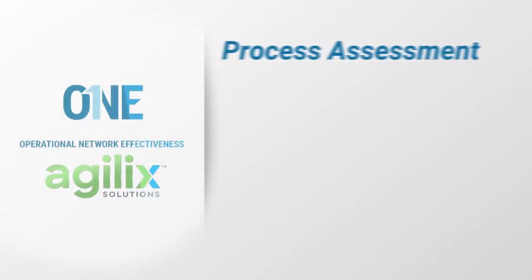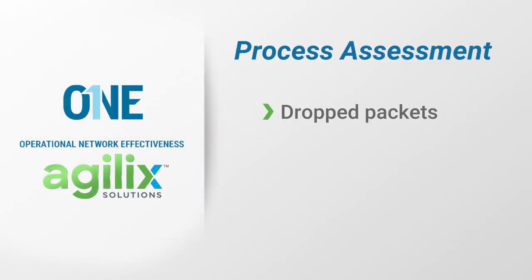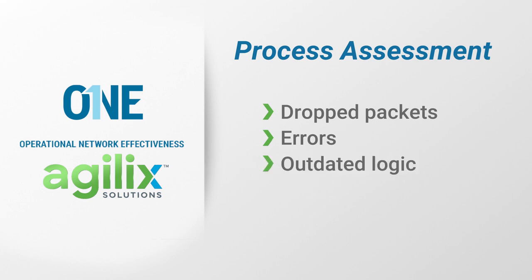So when we go in and look at a process, we're going to look at dropped packets, which is telling us that the pipe is too small, errors, which is causing retransmissions, and then lastly, do we have outdated logic on our PLC that's trying to establish communications to a device that's no longer part of the process? All of those indicators will tell me how severe the traffic jam is and what my remediation path is to fix the process so it can have a network that will support the data flow constraints that need to make